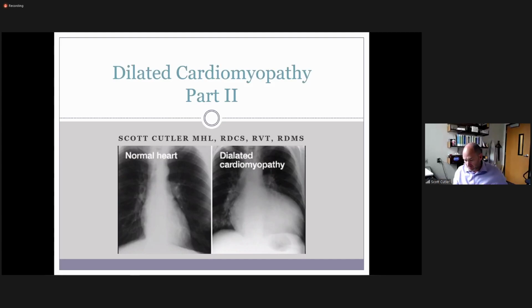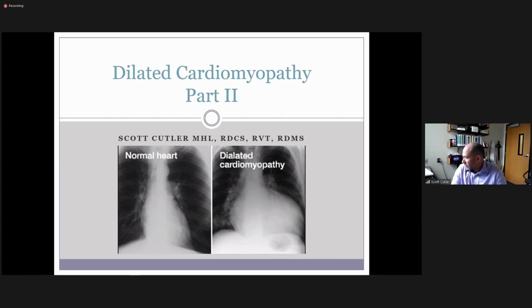We discussed yesterday. Do you have any questions about the basics of dilated cardiomyopathy? Nope, I'm good. Can't remember. Did we ever get generalizations for how dilated it is, like chamber sizes? Yeah,